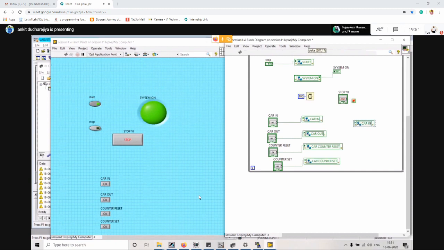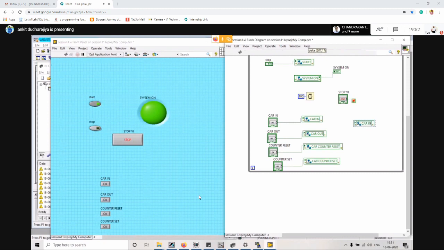So we got the numeric indicator, and we will change the representation into U16. Now again let's change the tag. Now we have to change this access mode. Right now it is in write mode, but we want to read it.